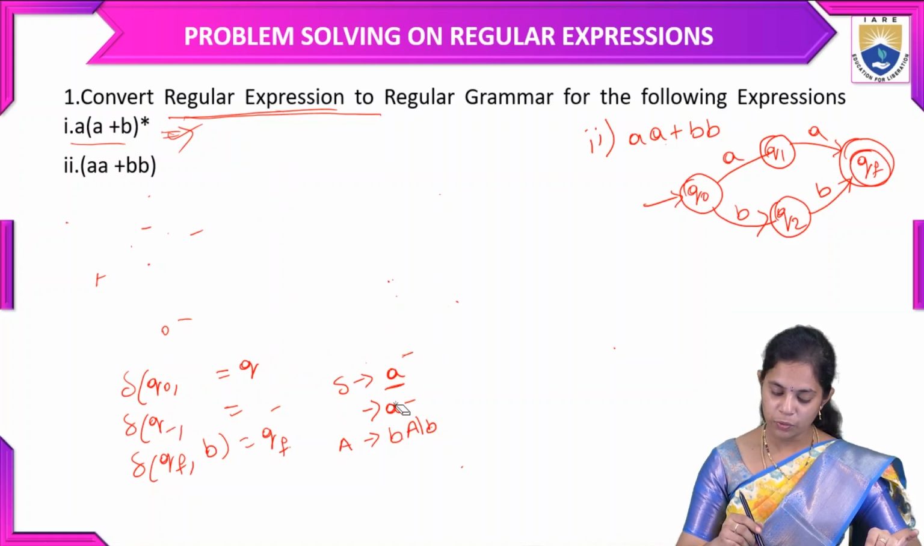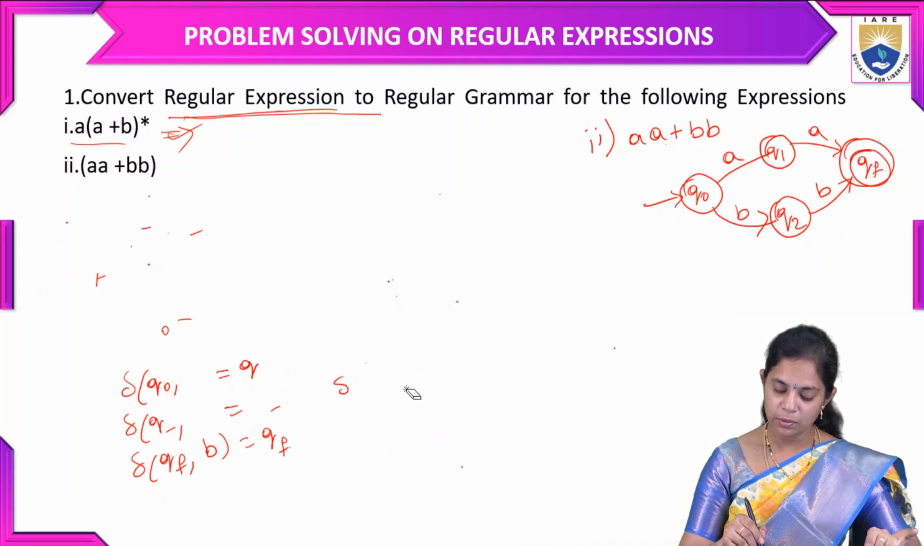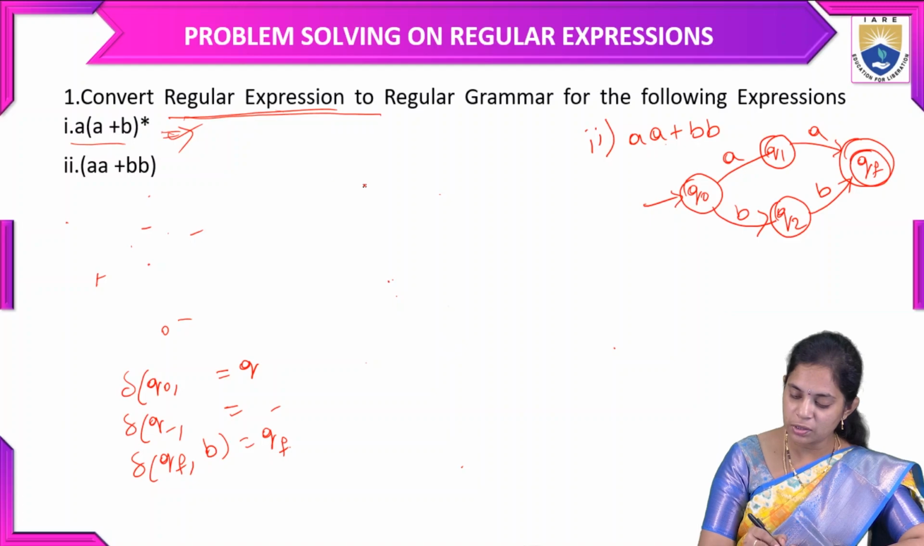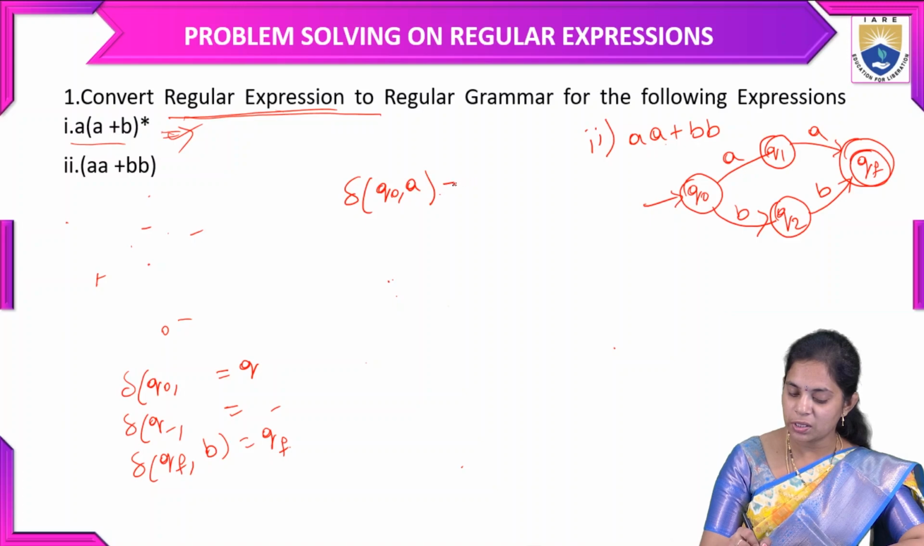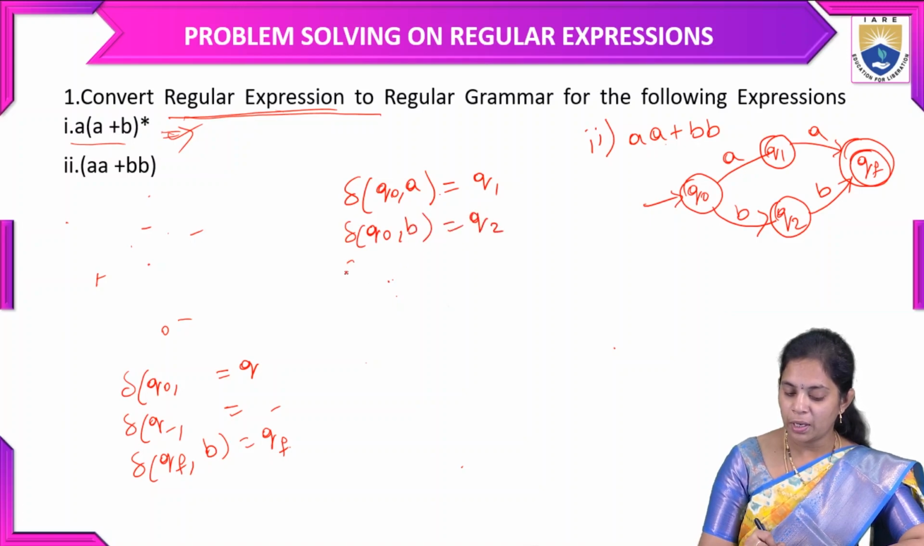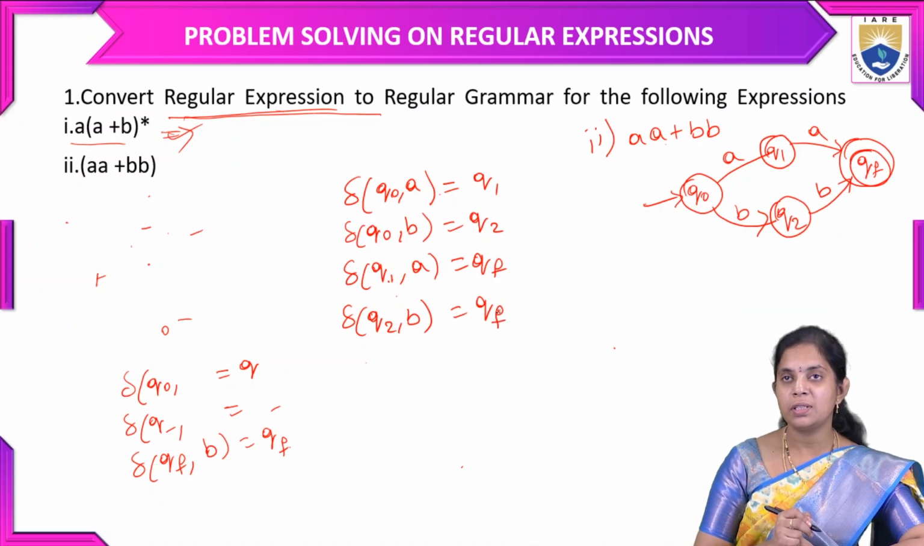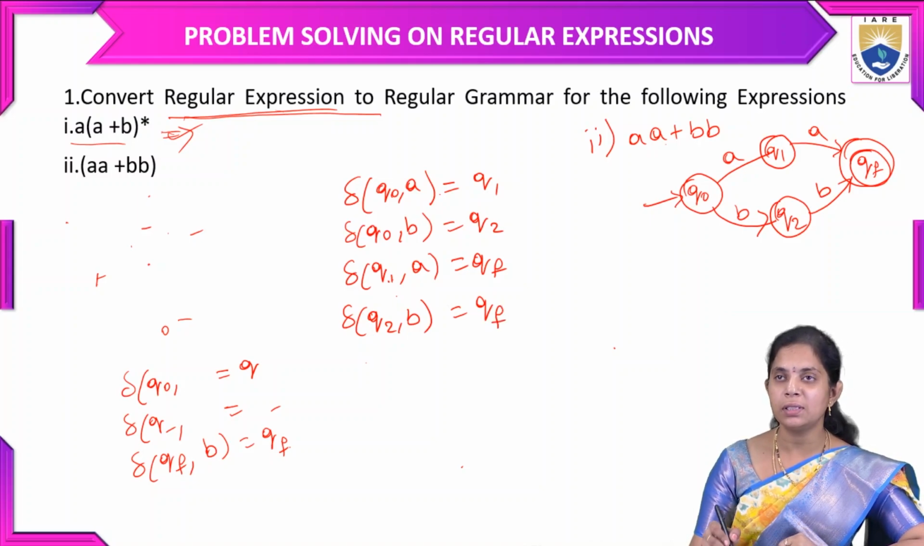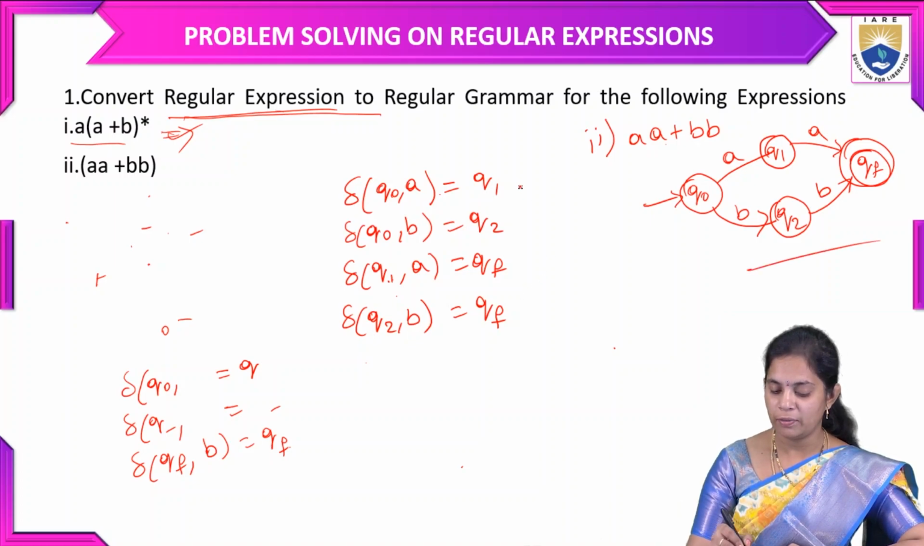So for the regular grammar, we need to write the transition function first. Delta of Q naught comma A reaches the state Q1, and delta of Q naught comma B reaches the state Q2. Delta of Q1 comma A reaches the final state QF, and delta of Q2 comma B reaches the final state. So these are the four transition functions for this finite automata, and we need to convert that